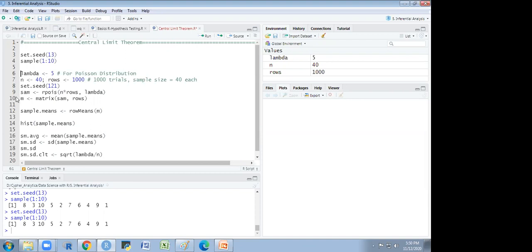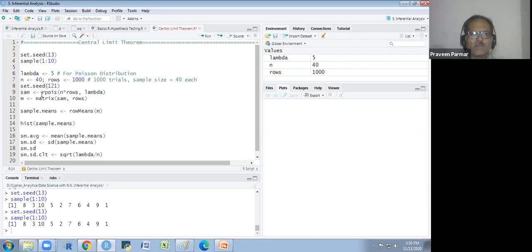Okay. So I am using 121. Because I am taking the random Poisson distribution, random means the sample. So I will get a random sample there. I want the same sequence every time. The next time when I take the class, I want the same distribution again. Got it? Same sequence. So I'm taking set.seed. If I don't want the same, then I have no requirement to write the set seed.